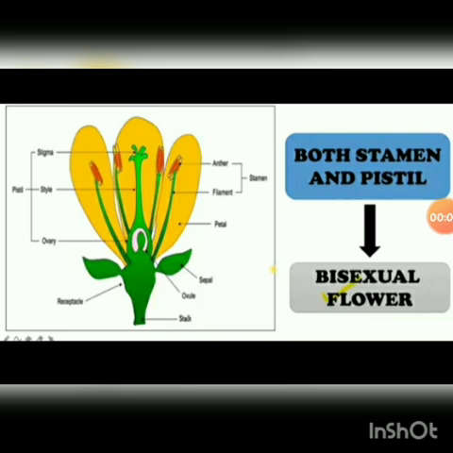So students, can you see the parts of the plant? Stamens are the male reproductive parts. The stamen consists of anther and filament, while the pistil consists of the female reproductive parts, that is stigma, style and ovary. The green part is known as sepal, and the ovule is present in the ovary, and the receptacle, and this lower part is known as stalk. Both stamen and pistil, which are the male and female reproductive parts, are present in a bisexual flower, as we have studied before.